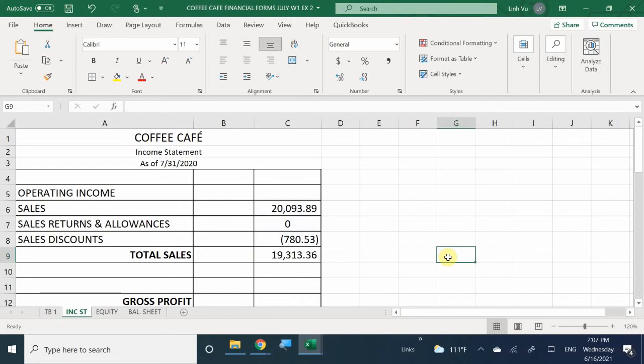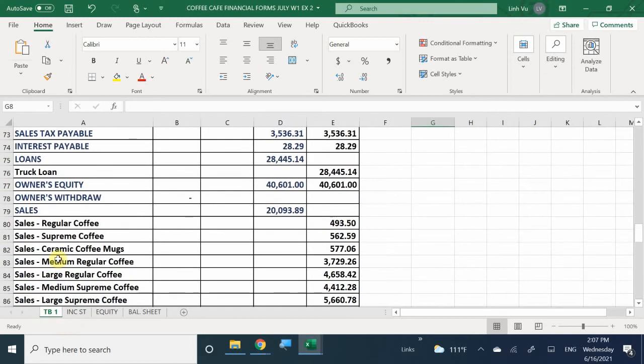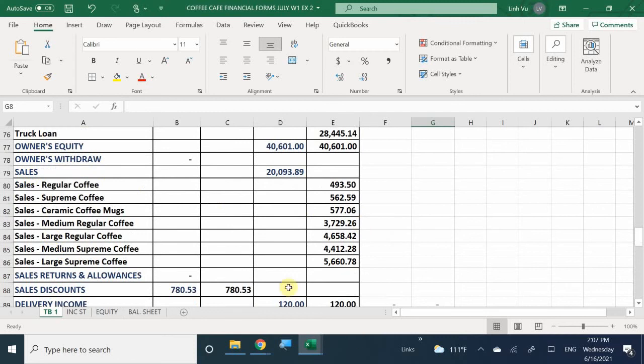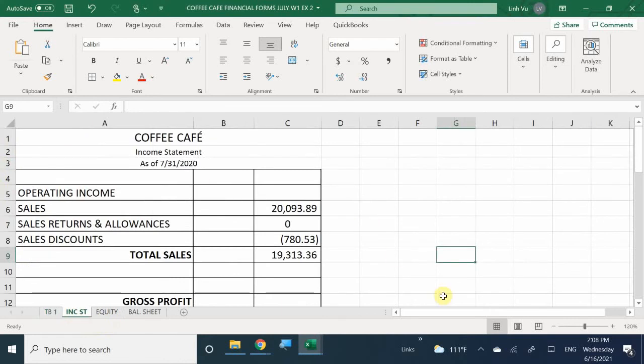Where do I have 20? That was my main account for sales. So all of this totaled up right here gave me $20,093.89. Where did you get the 30,000? Oh, I'm looking at the wrong sheet. Okay, because I was like, there's no 30,000 in here. Okay, give me 1 second. So sales was